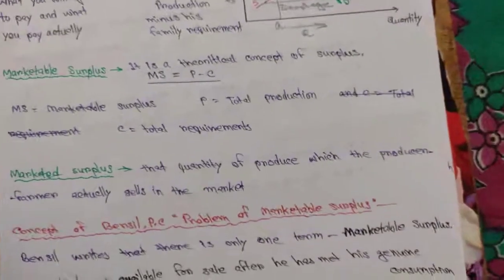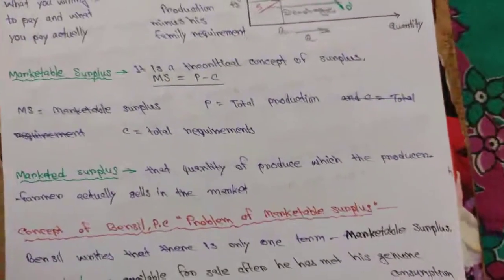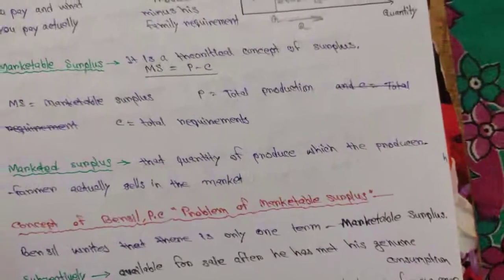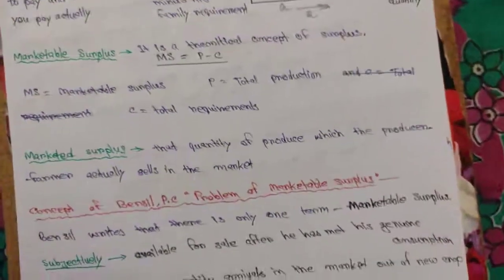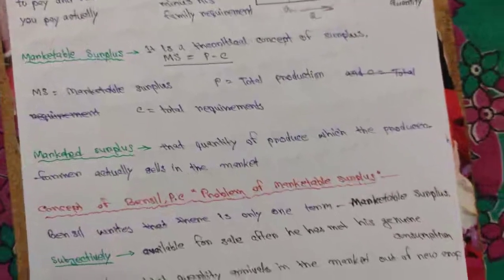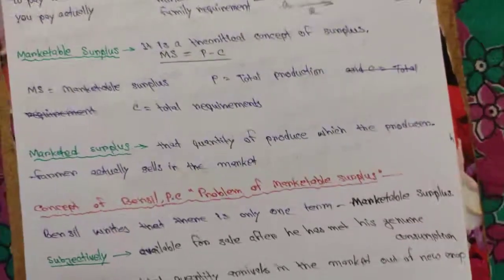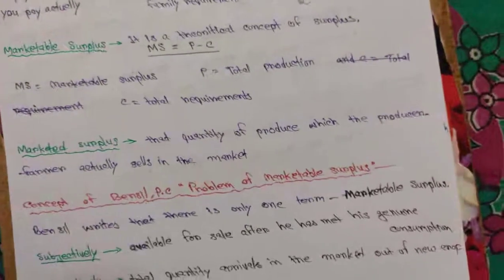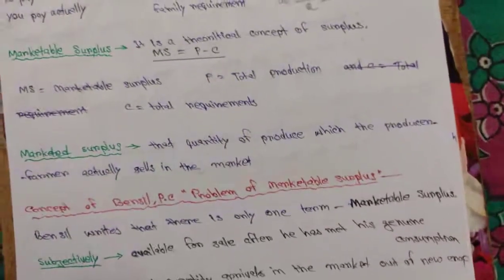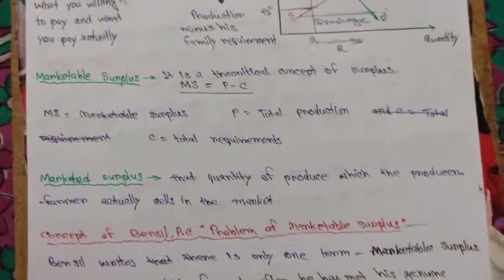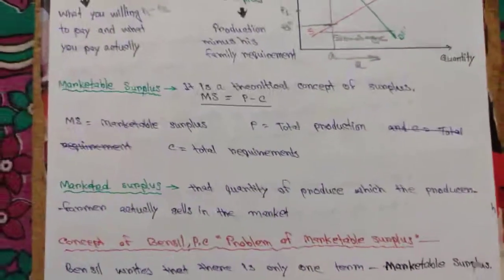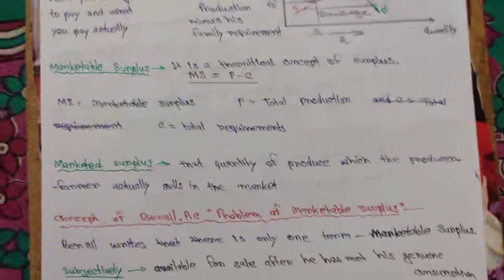So marketable surplus equals total production minus total requirements. That means your family consumption plus your family needs plus the seed, plus cattle feed, plus the payment for any labor, all that in sum equals the total requirement concept. And for marketed surplus,